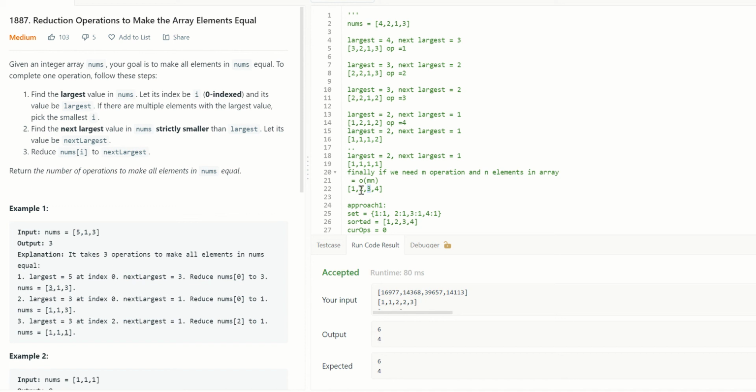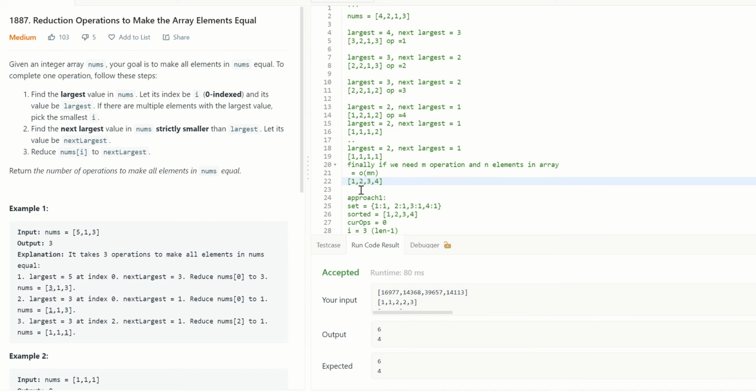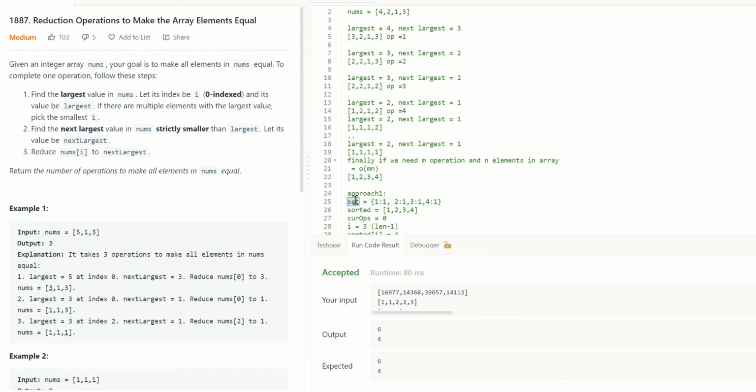We will pretend for this approach one that we don't have any duplicates. The solution approach one will also work for duplicate values, and we are going to look at another approach later. So for approach one, we don't have to explicitly consider duplicate values. For now, pretend there are none. So what we're going to do is we will have a set, right? Sorry, it's not a set, but a dictionary.